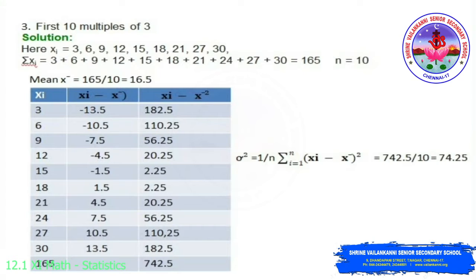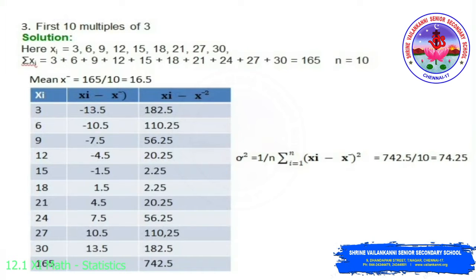Third one, find the mean and variance of first 10 multiples of 3. Here xi is 10 multiples of 3, which is 3, 6, 9, 12, 15, 18 till 30. So n is 10. Number of observations is 10. So summation xi, that is the sum of all the 10 numbers, 3 plus 6 plus 9 till 30, we get